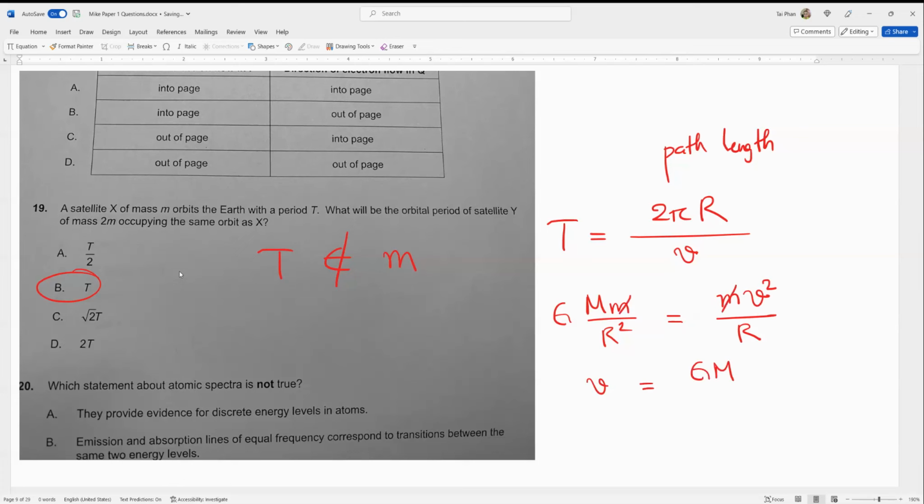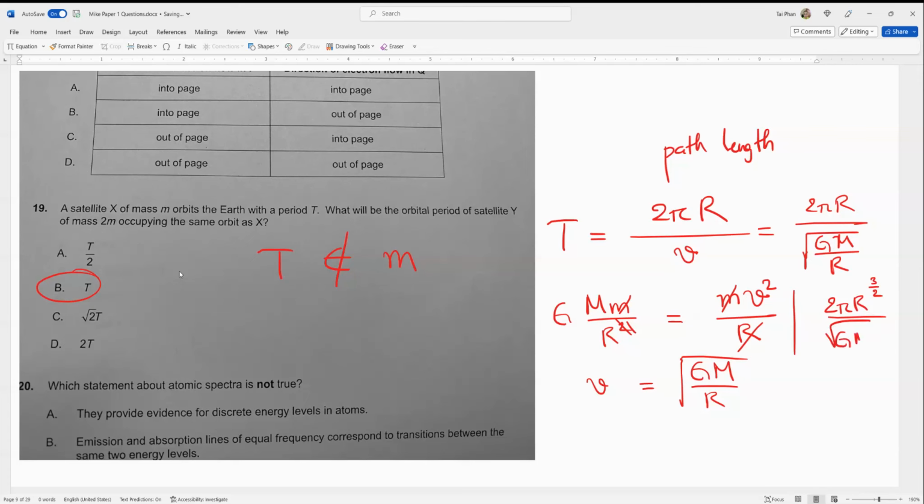We simplify m here, and simplify r with the square here. GM over r, then take the square root, and plug it back in to get the formula for the period: 2 pi r over the square root of GM over r. Then we move the r at the bottom to the top. We have 2 pi r times square root of r, or we can write r to the power 3 over 2, over